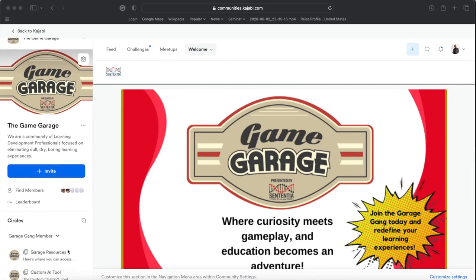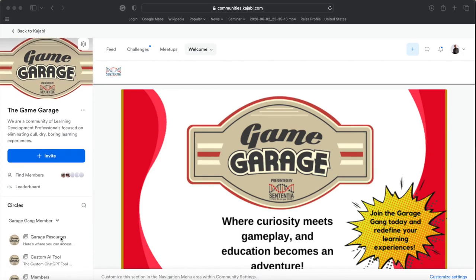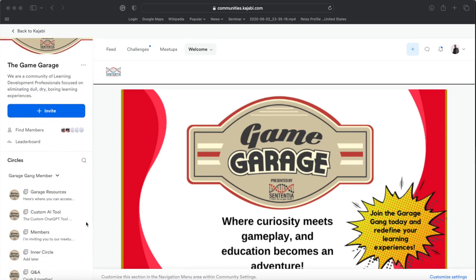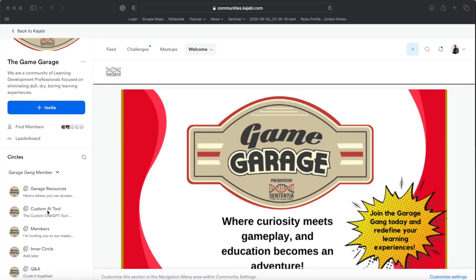The Game Garage resources and custom AI tool used to be up on the top menu, but there was not a way to make sure that only members had access to these. So now it is in circles, the Garage Gang member circle. There are 2 circles, one for Game Garage resources, the other for custom AI.